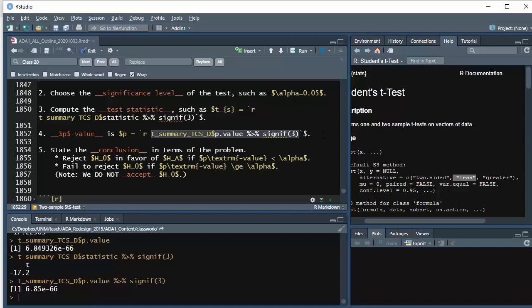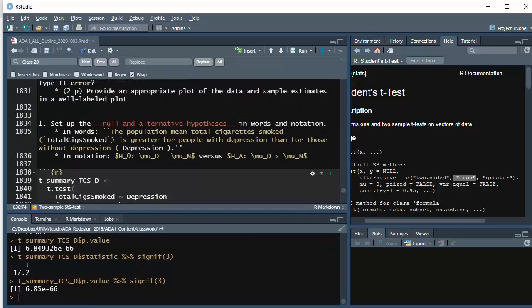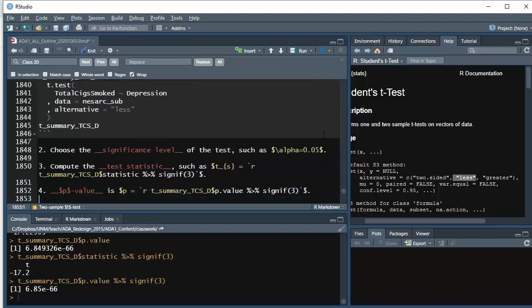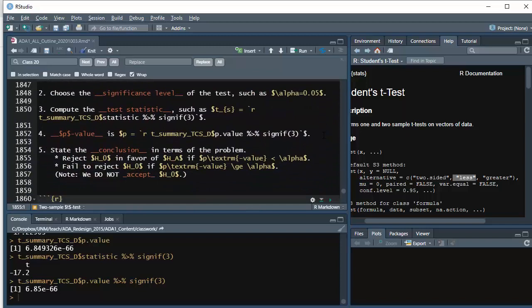All right, let's scroll up and see how we're doing for our rubric. Okay, state the significance level, test statistic, and p-value. That is done. State the conclusion in the context of the problem. So we'll scroll back down to state the conclusion. So we have a p-value that is very, very small. And we have an alpha level, significance level of 0.05. So because the p-value was less than alpha, we're going to reject H0 in favor of HA,